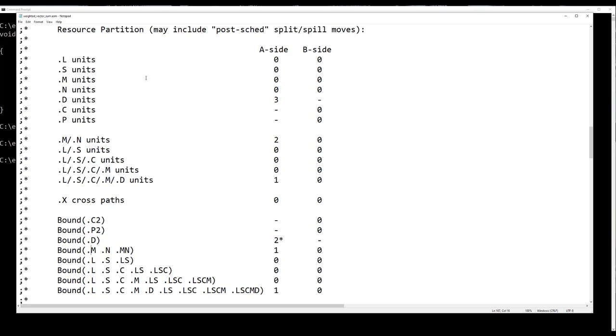The other thing that's important to notice is that the lines that are called something units, the number represents the number of instructions, whereas the lines that are bound something or another, the number represents the minimum II due to those functional units and the number of instructions that are trying to execute on them. Lastly, note there's an asterisk. That's going to be on the bound line that causes the minimum II of the loop to be that number.